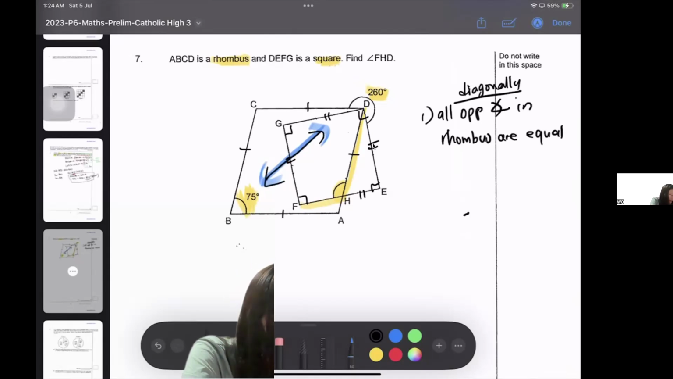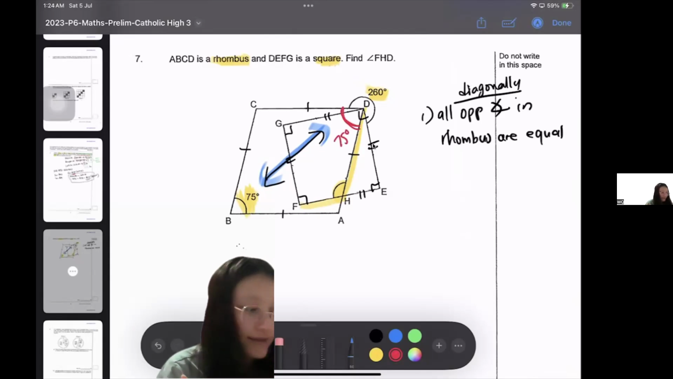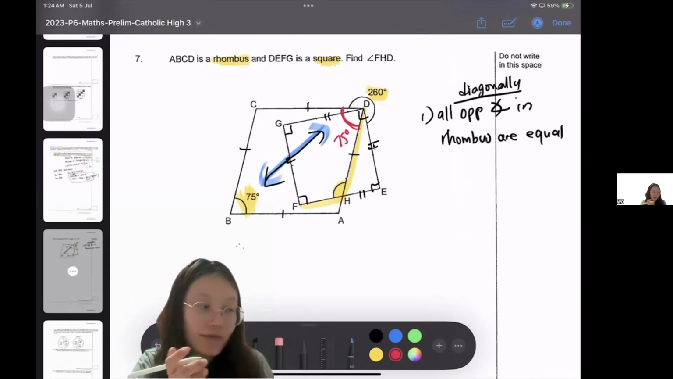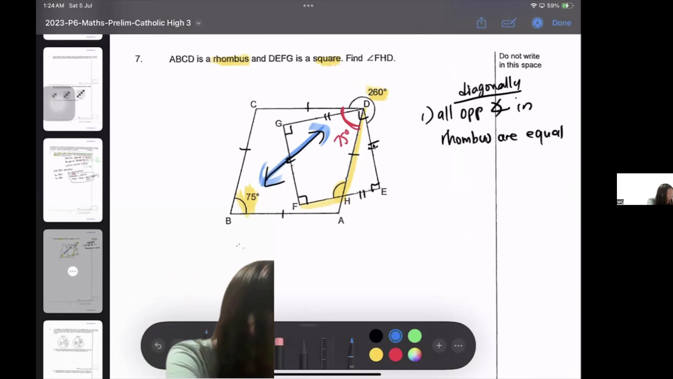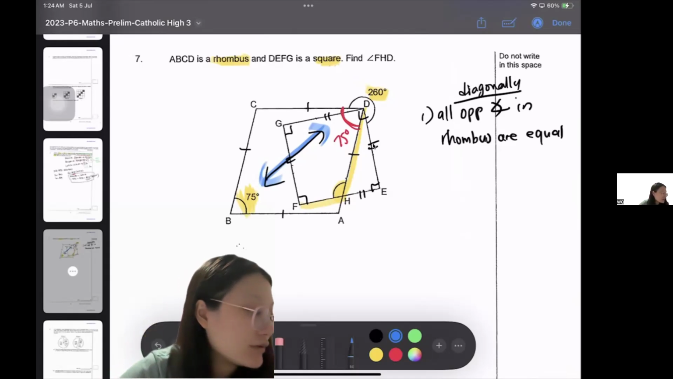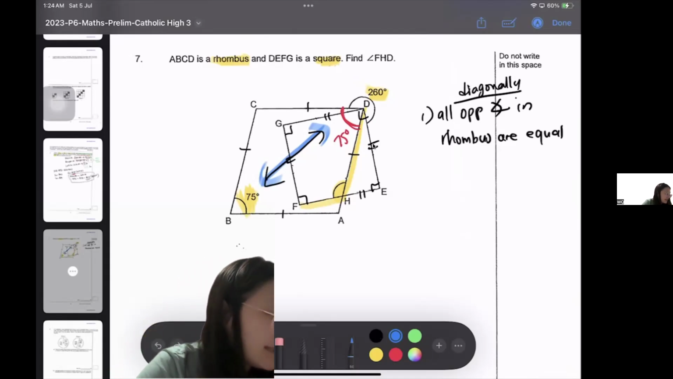So the angle over here, yeah, this part here, this angle will be 75 degrees. Okay, that angle is 75 degrees. Then you see the 75 degrees, it overlaps with the right angle over here, of the square. So the 75 degrees overlaps with the right angle. And then the second thing is,